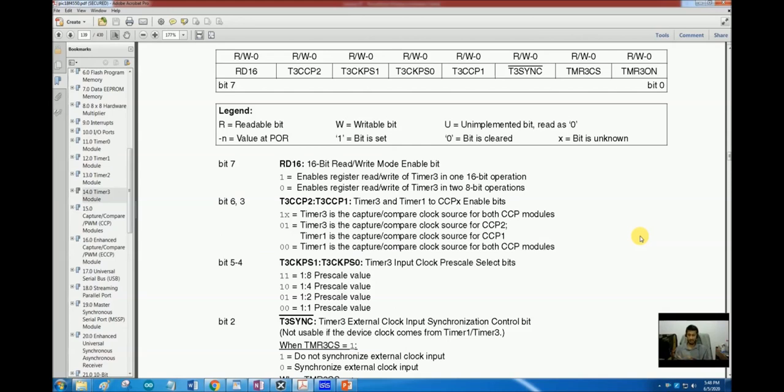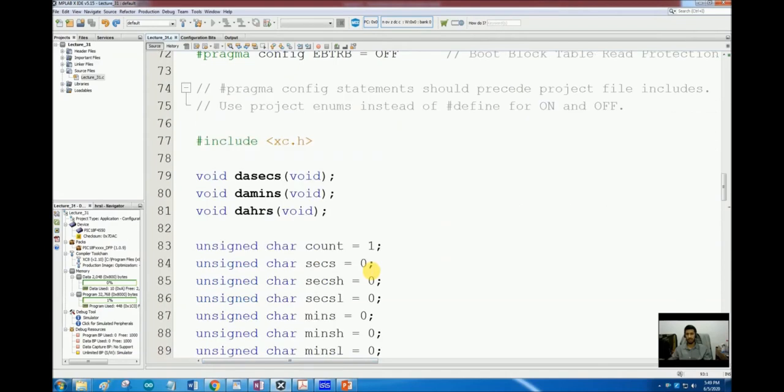So in this case we will also be seeing how to set the interrupt priority, because the interrupt can now be generated by either timer 1 or 2. So we have to decide which one has the priority. Lastly, in this program we will be generating a precisely timed waveform using the PR2 register of timer 2. So let's start coding, and let's open the code that we wrote in our previous lecture for the clock. So we will start modifying this code.